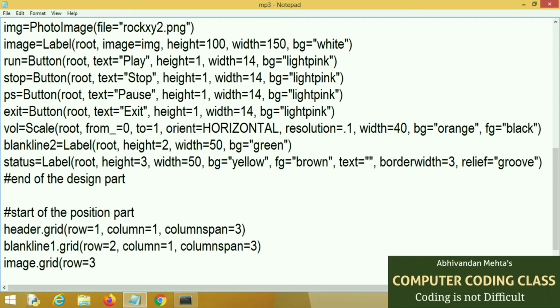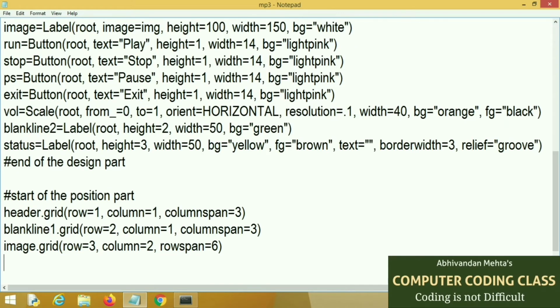But our logo image I am placing in the third row but in the second column. Otherwise all other components are placed in the first column, but the image is placed in the second column, and it is also covering 6 rows. So I wrote row span equal to 6.